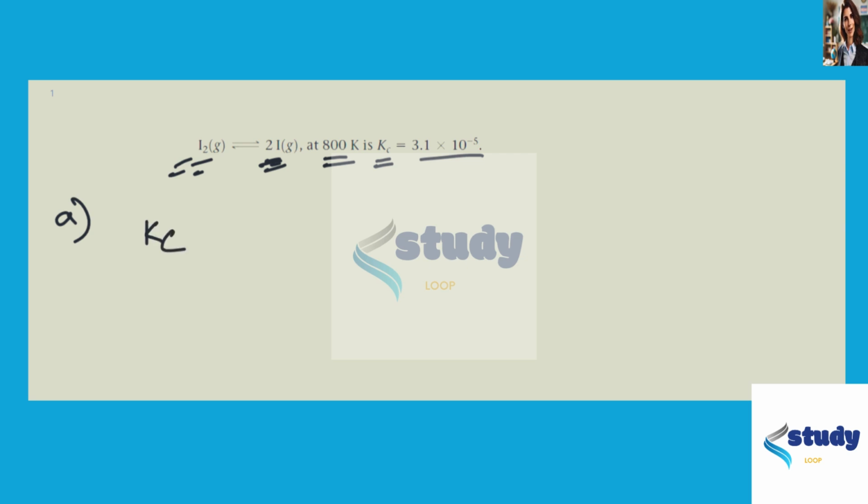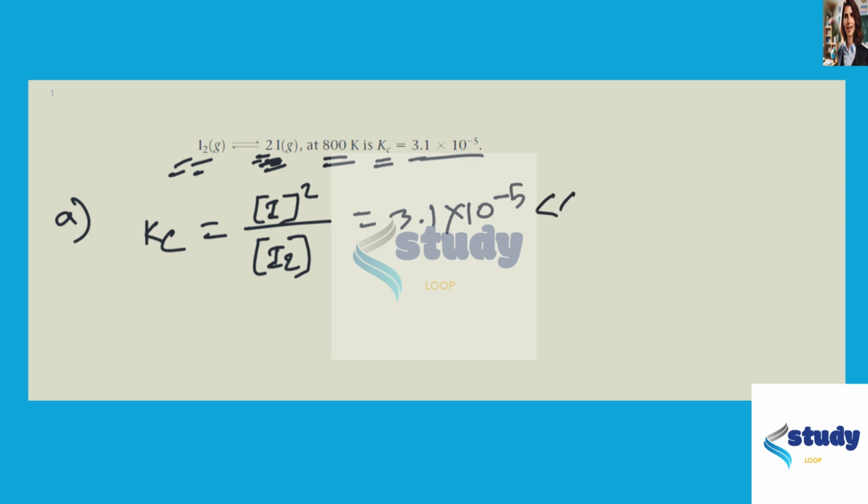To know that, first you have to write down the equilibrium constant expression for this reaction. That will be the concentration of the product, which is atomic iodine, raised to the power of 2 since the coefficient is 2 here, over the reactant concentration, which is the concentration of molecular iodine. And the Kc value here is given as 3.1 times 10 to the power minus 5, which is very small